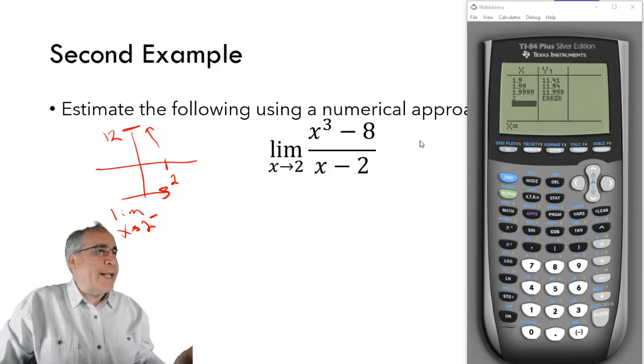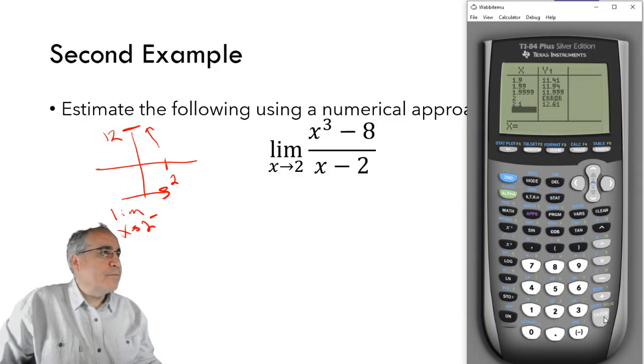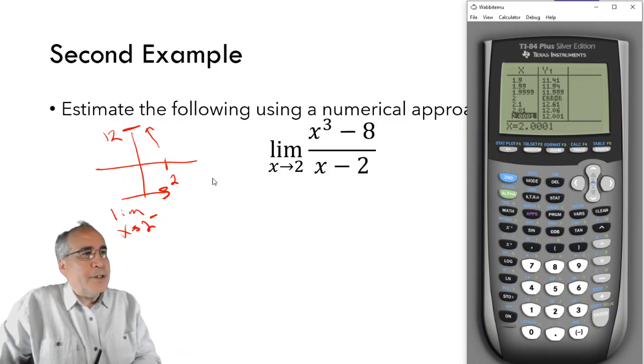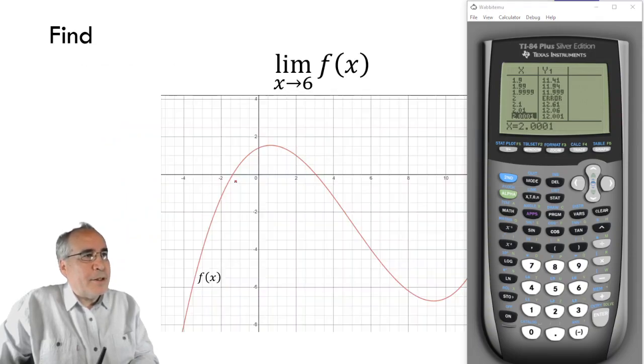When I go from the right, so what are numbers just a little bit bigger than 2? Well, let's go with 2.1. I got 12.61. Let's go with 2.01. Again, we're getting a little bit closer to 2. 12.06. How about 2.0001? Even closer to 2. There's our 12.01. So I'm getting close to 12 also when I take the limit from